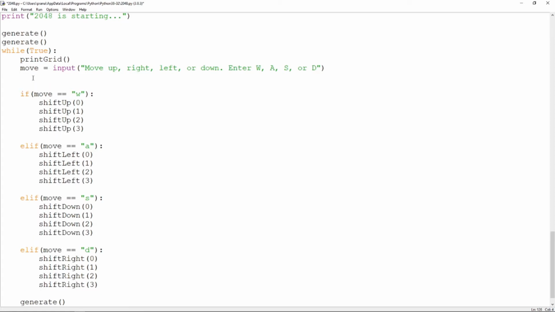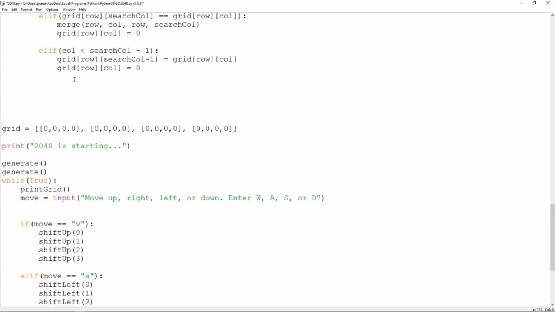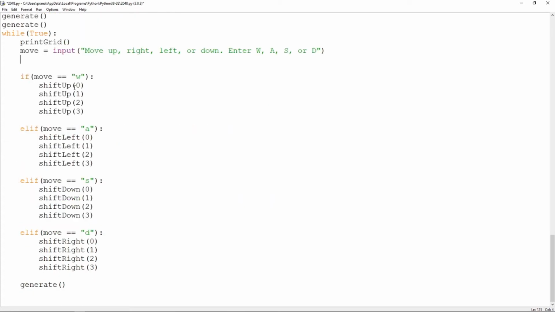The way we can create a temporary grid, so essentially make a duplicate of the current grid, is, let's say temp grid is equal to,